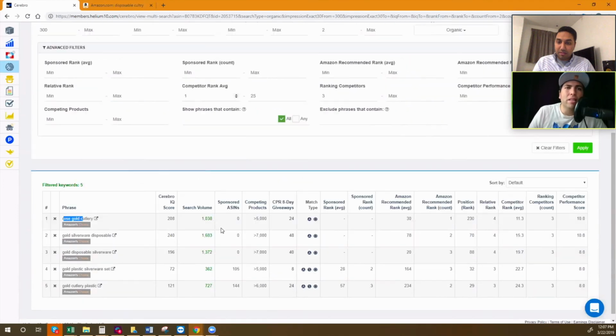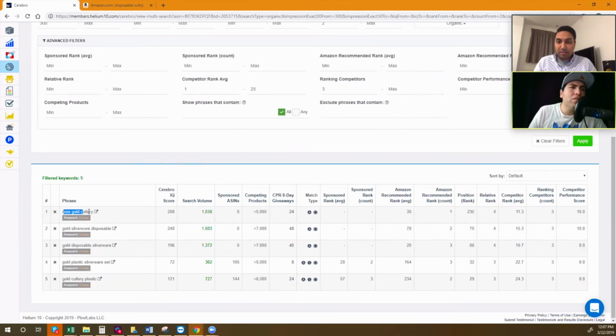So now I have this list, and right away, these are the words I'm going to try and figure out how to get in my title or important parts, like probably a gold disposable silverware set or something like that. Basically, these are the words you're going to want to concentrate heavily on for your PPC, and maybe promotional discounts, some people do them for a launch, or a giveaway as it's sometimes referred to. Whatever way you get to page one, if you have that kind of product, you know those are the keywords driving your competitors' sales, so you've got to focus on them for your listing.